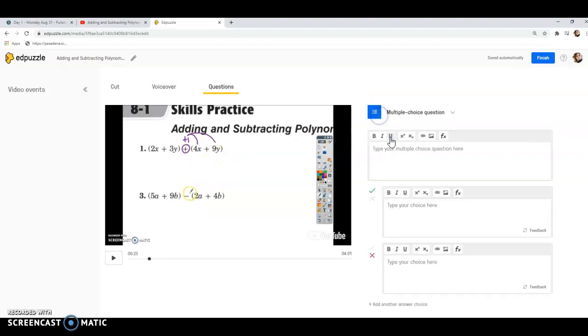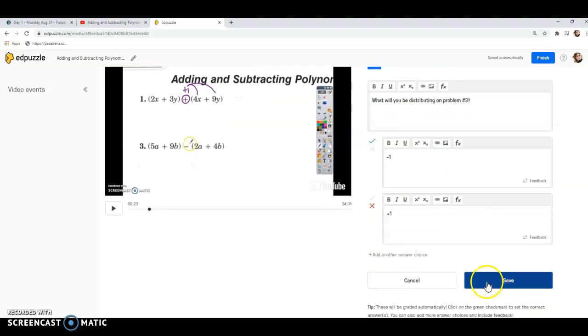So I can add a question here and say, what will you be distributing on problem number 3? -1, a +1. Okay, and then you just click save,